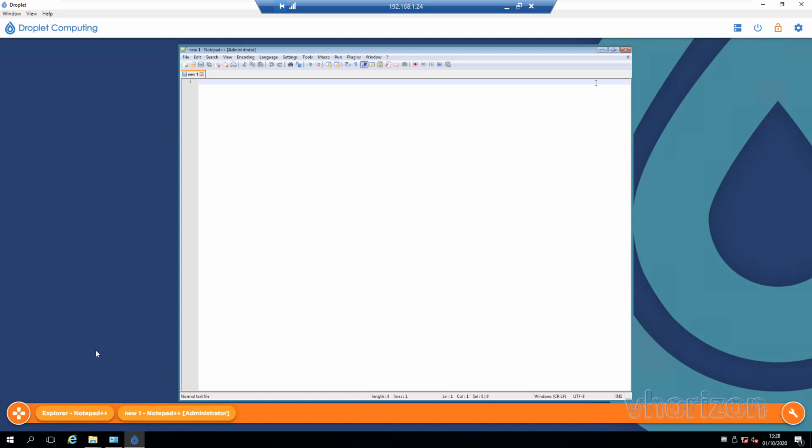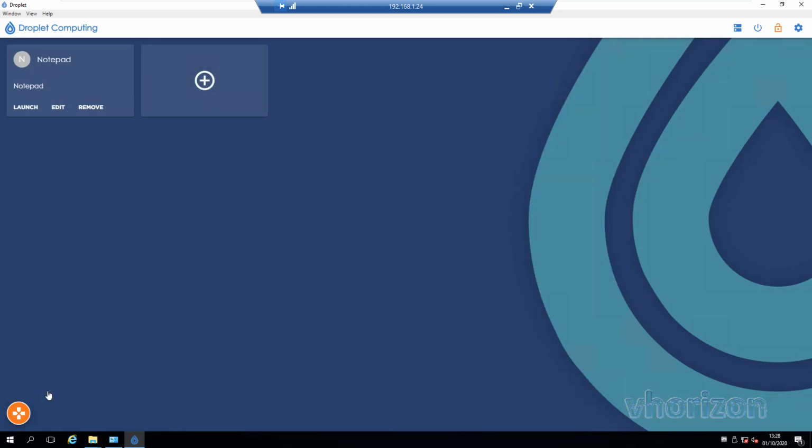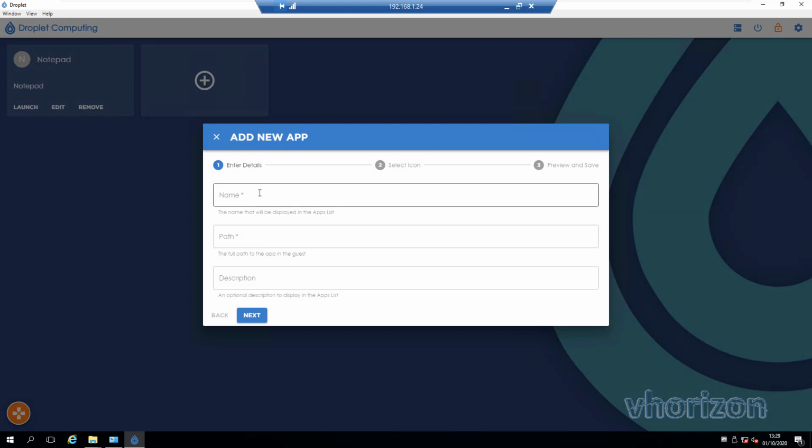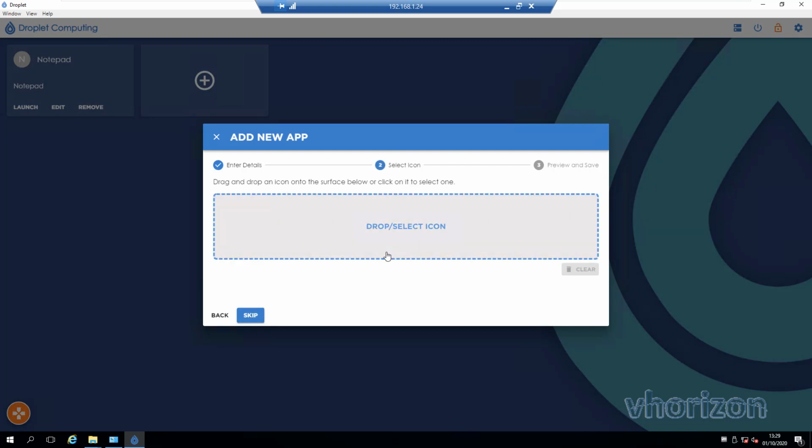Okay, so now we have Notepad++ working, doing what it needs to do. Next thing we need to do is publish the application to add it to that initial home screen. So if we click on our little plus sign down here, we can click on Show Apps. What we can do here is now click the plus sign again to add a new application, and we just type in the basic details here. Okay, lovely. And further on, if you've got an icon file, you can input an icon into here. We're not going to bother with that for now, and then